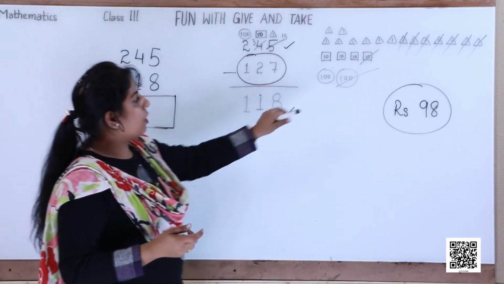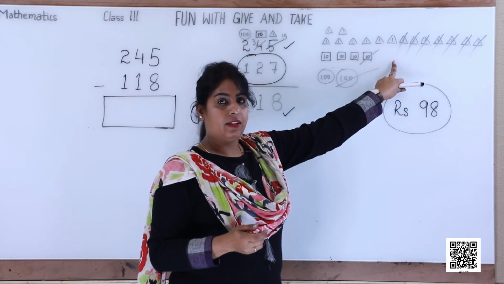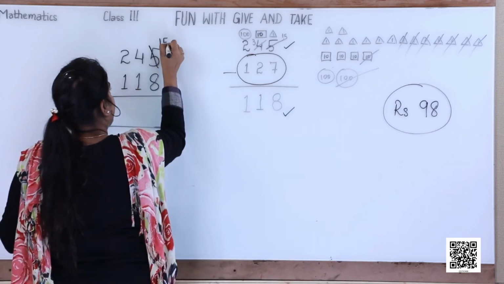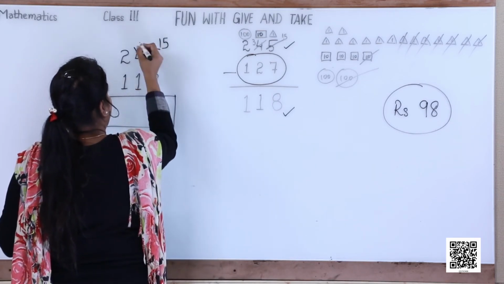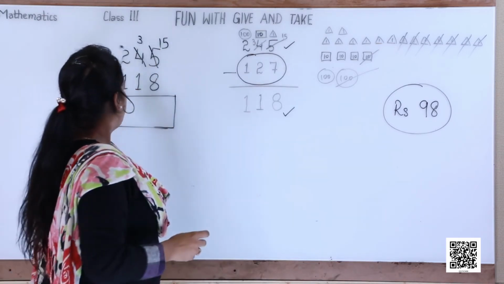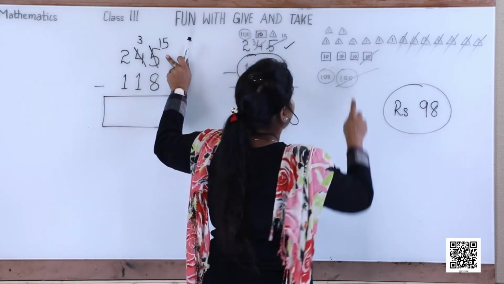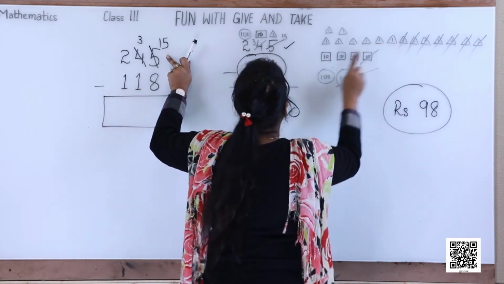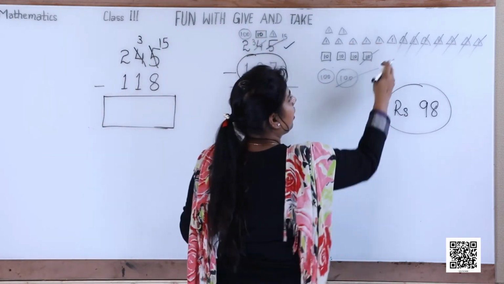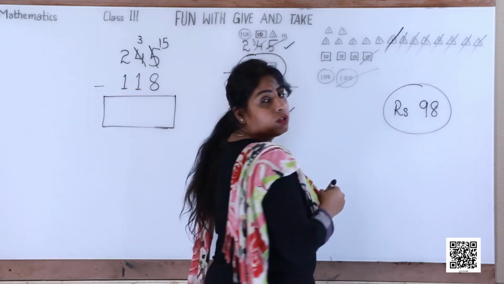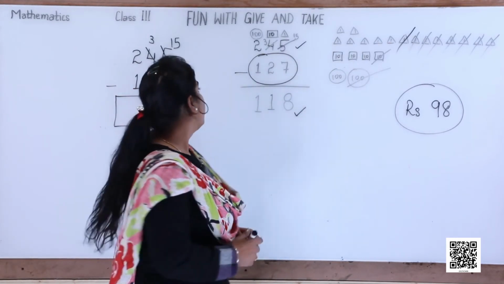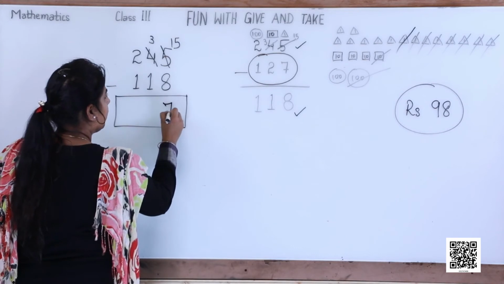What are we going to do? We are going to borrow again. You can see 15 triangles here which are denoting ones. So this becomes 15 when it borrows 1 from here, and these are left how many? 3. Okay. So these are the 15 triangles we already had. We had earlier subtracted 7. Now how much are we going to subtract? 8. 7 are already cancelled. I am cancelling another one. So we have cancelled 8. So how many ones triangles are left? Yes, 7. We'll write 7 here.